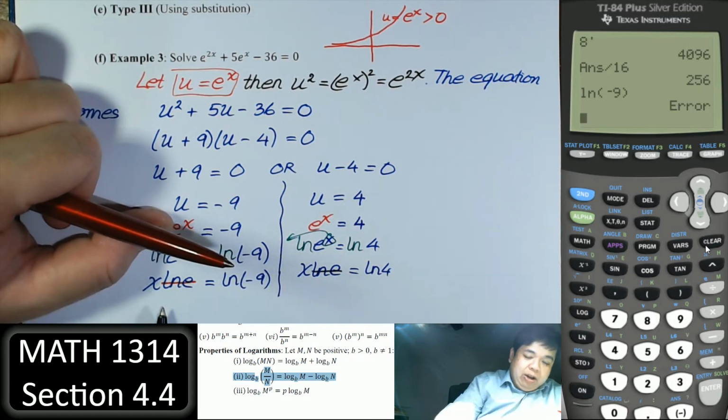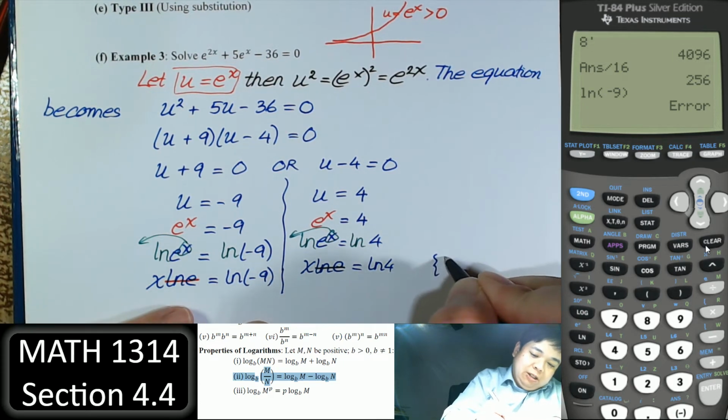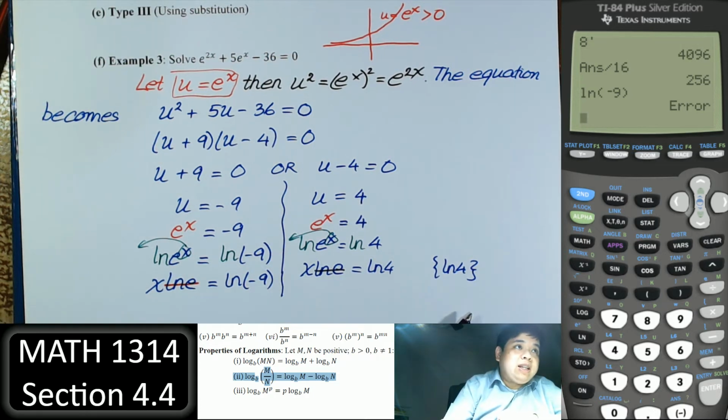And cancel the ln of e. So x equals ln of 4. So if we want to test our answer, we take ln of 4, store it into x,